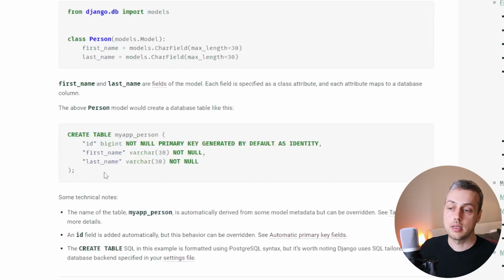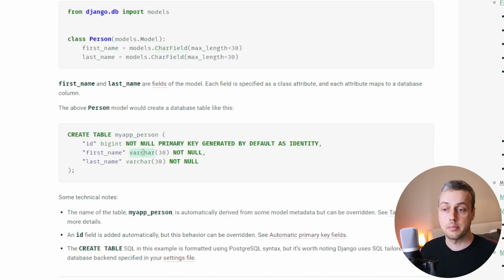And if we scroll down a bit, you can see there's a create table statement that's executed whenever you run a migration against this model, and this statement creates a table called myapp_person, and that is basically the name of the application with an underscore and then the name of the model that you're actually creating. The combination of those is by default the name of the table that's created in the database, and of course because you've defined two fields here called first name and last name, these are represented here in the create table statement as columns in this table, and you can see they have a type of varchar, and the reason they're set to varchar is because we've defined the field type to be a models.CharField, and a char field is basically a variable length character field,